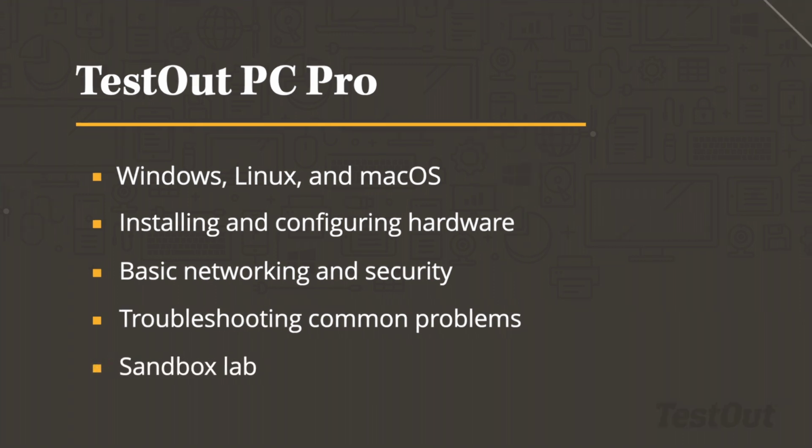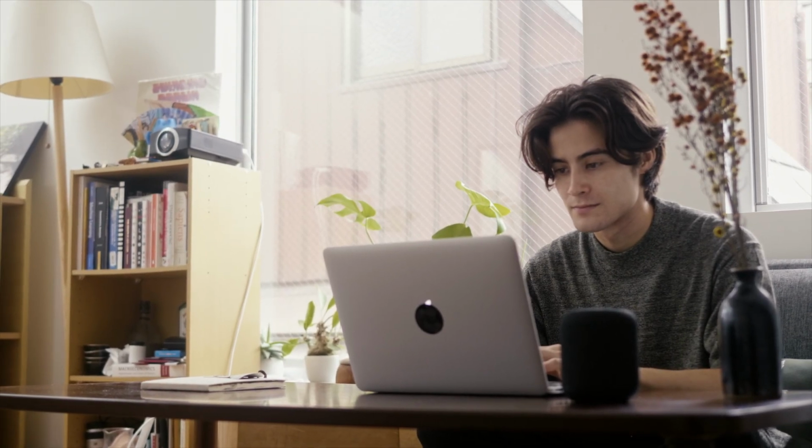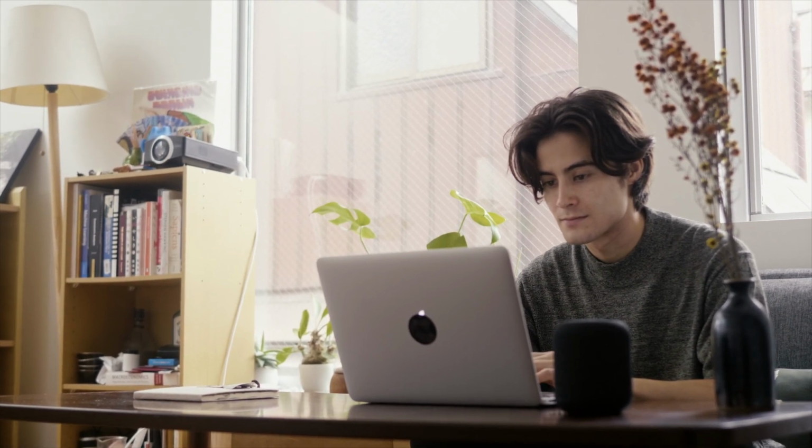wide variety of hardware. And because LabSim is hosted online, students can practice when, where, and as often as they